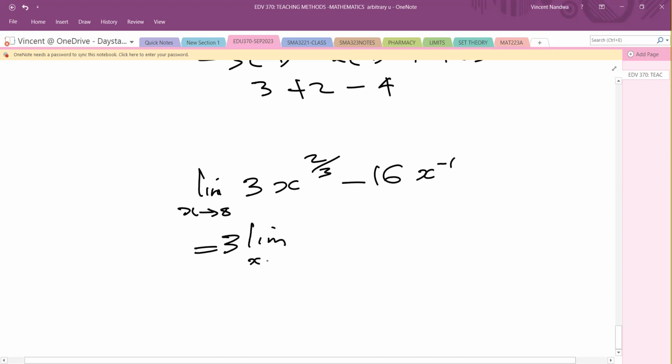Limit, okay. Minus 16 limit x to 8, correct. Now the next step